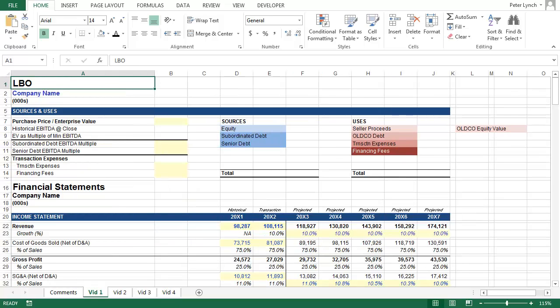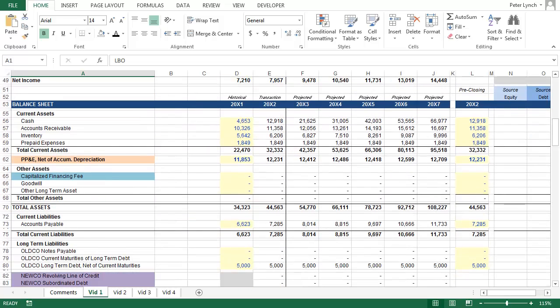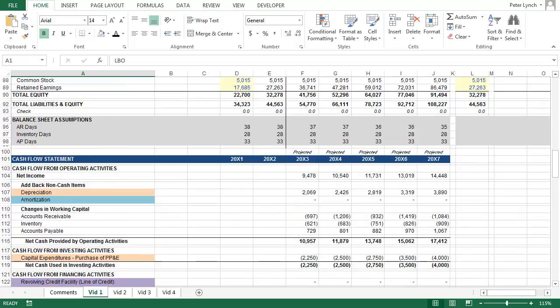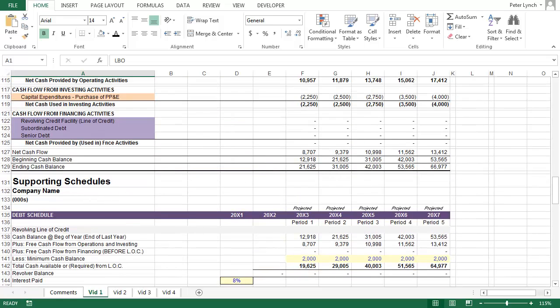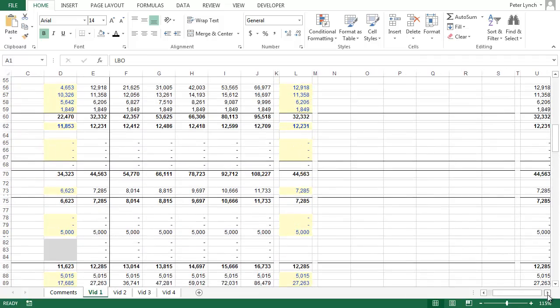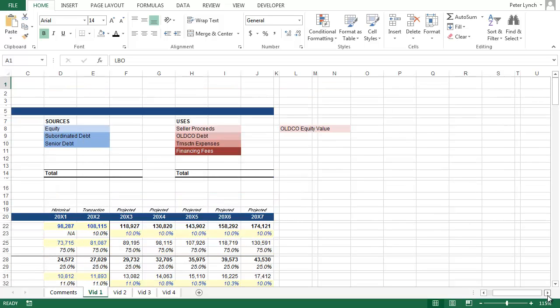Before we get started, I just wanted to quickly point out a few things. In this video, I'll be skipping over the process required to integrate the three financial statements. The structure of that portion of the model is nearly identical to the model you've already built. I'd also like to point out that I've added some color coding. Items that link to the supporting schedules are shaded to reflect the supporting schedule they link to. As an example, here you'll see the debt schedule. And above that, on the cash flow statement, you'll see that all debt items are shaded a lighter purple. And finally, the balance sheet adjustments are also color coded. As we make these adjustments, I believe it'll make it easier to understand how the sources and uses affect the